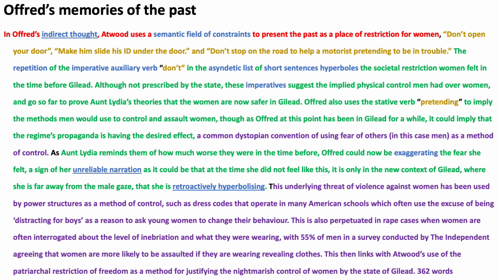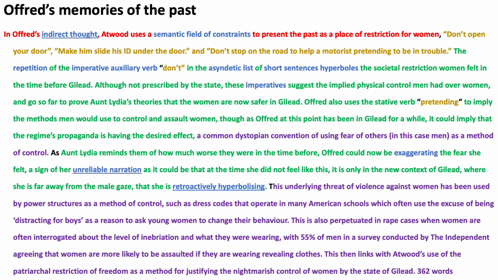Though as Offred at this point has been in Gilead for a while, it could imply that the regime's propaganda is having the desired effect. A common dystopian convention of using fear of others, in this case men, as a method of control. As Aunt Lydia reminds them of how much worse they were in the time before, Offred could now be exaggerating